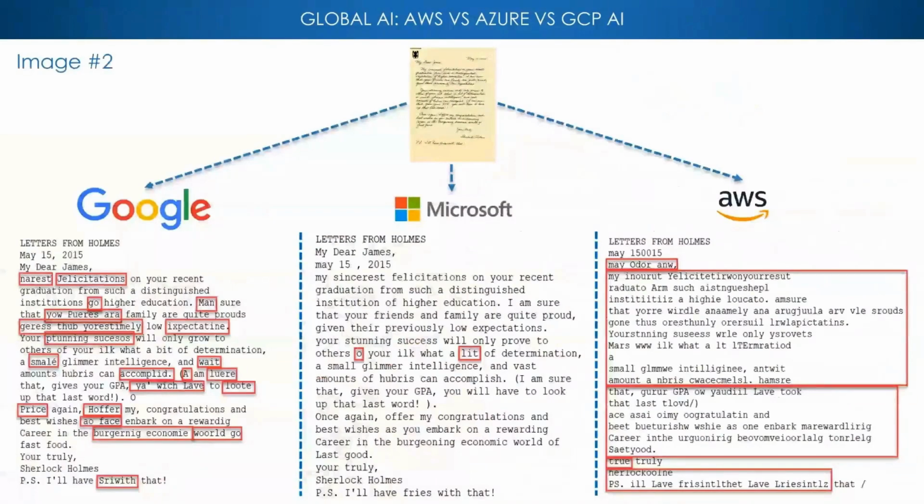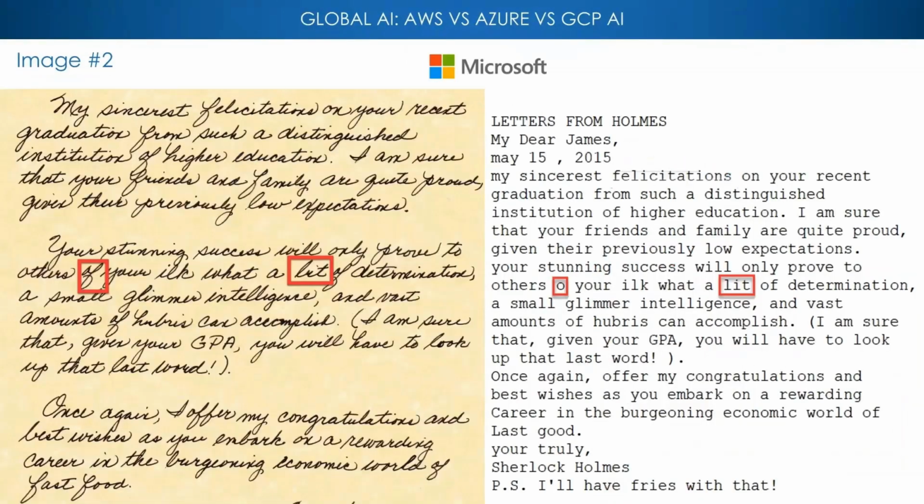Second one, this was amazing to see, like Microsoft only had 2 errors. So if it is very good cursive handwriting, for some reason they trained it so much better than anyone else that they only had 2 errors. And look at left-hand side on Google. It amazes me that the word is jellicitations, and there is no word like that in English dictionary, but Google still goes with that. So same spell check that someone could think of.